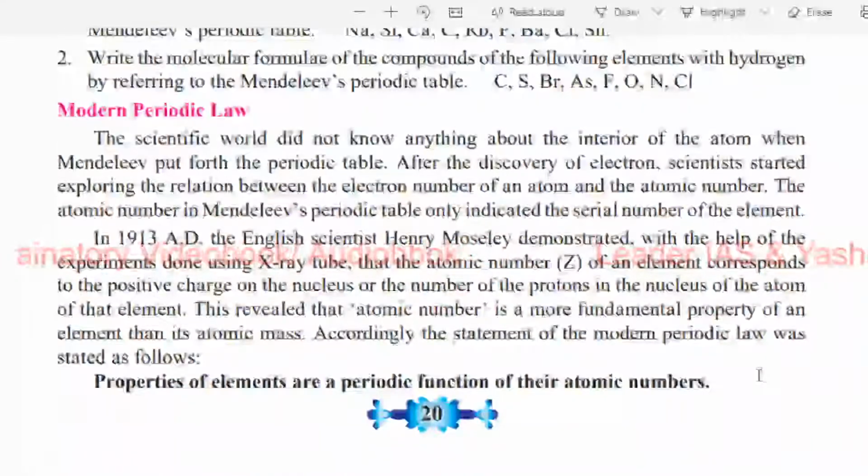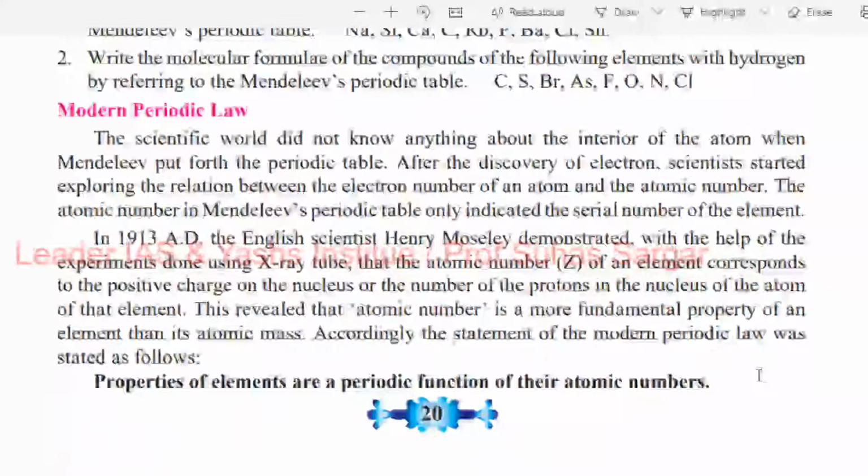Next topic is the modern periodic table. The scientific world did not know anything about the interior of the atom when Mendeleev put forth the periodic table. After the discovery of the electron, the scientists started exploring the relation between the electron number of an element and the atomic number. The atomic number in Mendeleev's periodic table only indicated the serial number of the element. In 1930 AD, the English scientist Henry Moseley demonstrated, with the help of experiments done using an X-ray tube, that the atomic number